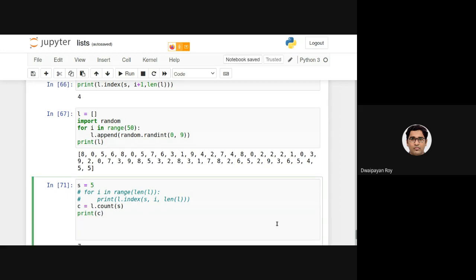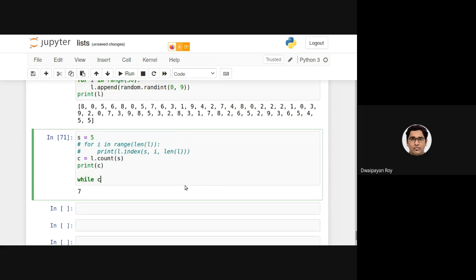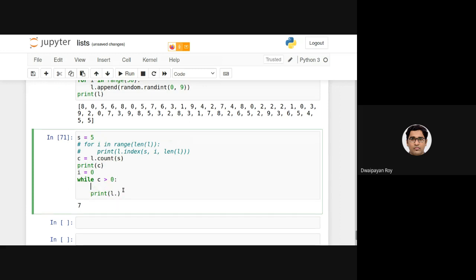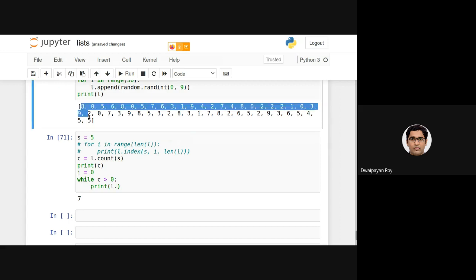Now what I'll be doing is, while c is greater than 0, again I need to initialize the start to 0. I will be printing L dot index, for the time being, then I'll be modifying this. I'll be starting the search from here to here.